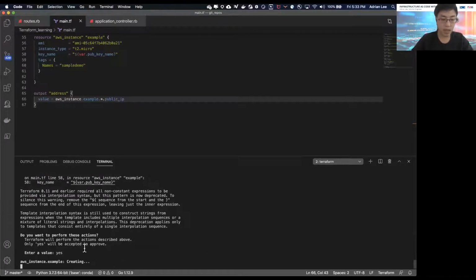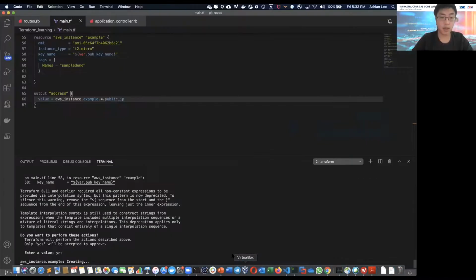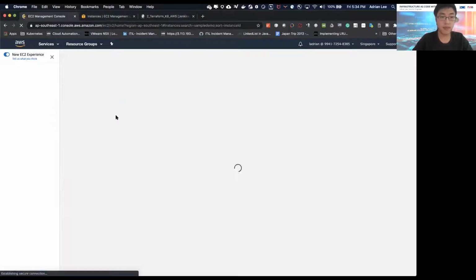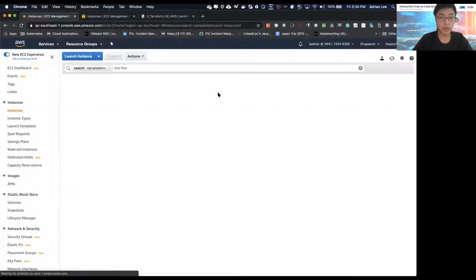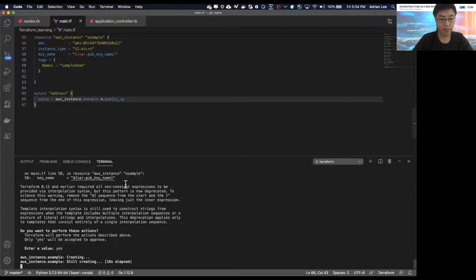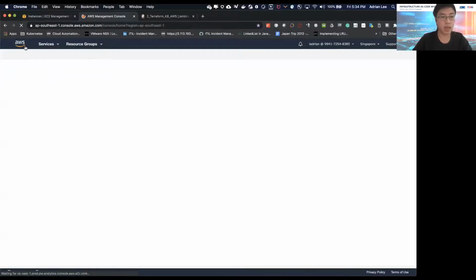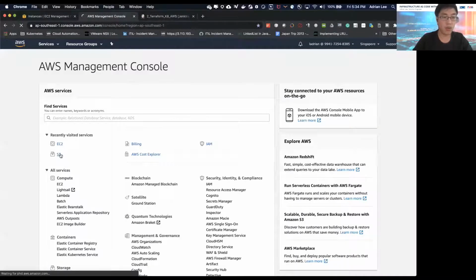So you can see that it's creating my instance already. If I go over to AWS, take a look. Okay, you can see that it's starting to initialize already, starting to come up. Yeah, it's still creating, let it create. But just as a navigation, while it's deploying at the same time, if we go into S3,